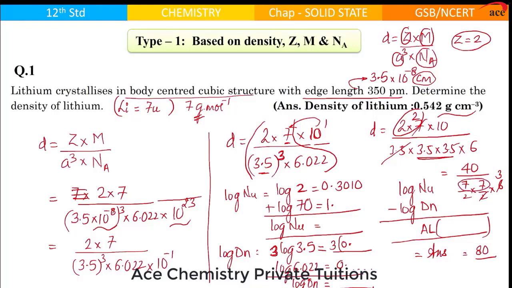7 into 7 is 49. So, 49 for all practical purposes is 50, because the 2 I have taken on the top. So, it is 80 divided by 7 multiplied by 7, that is 49. For 49 you can take it as 50 multiplied by 3, and then you simplify as much as possible. You will be able to get the numbers. Are you understanding how you are supposed to do it? That was MCQ approximation. In the board exam, log calculations are compulsory. In our MCQ examination, you have to do it by approximation.